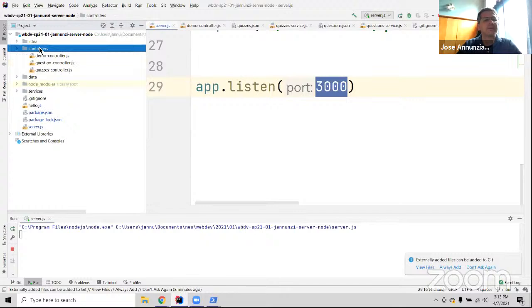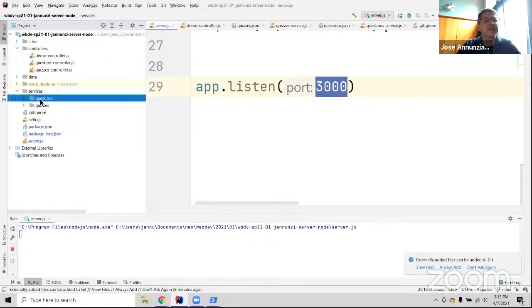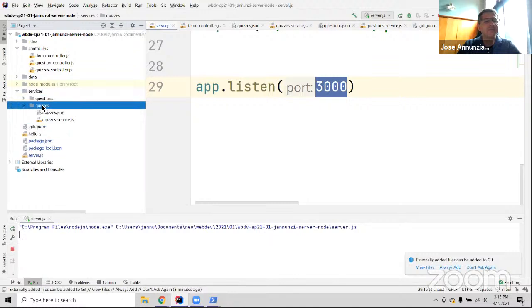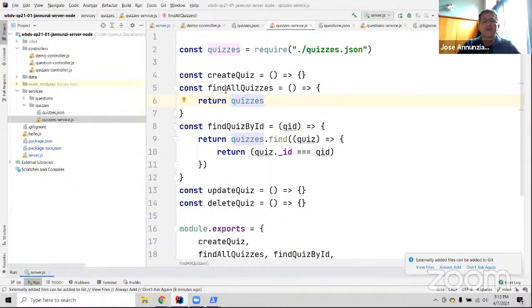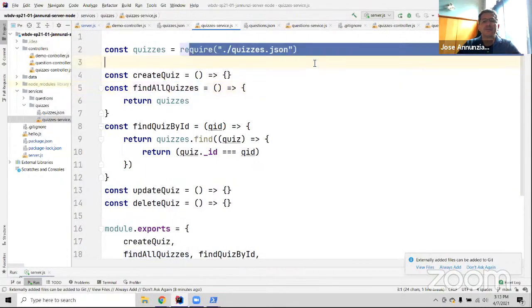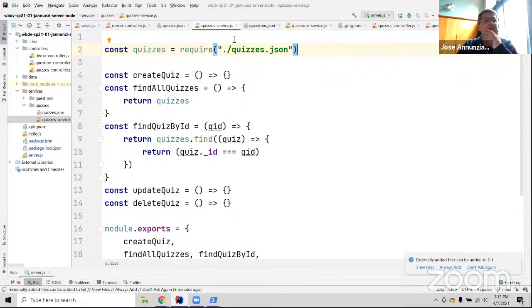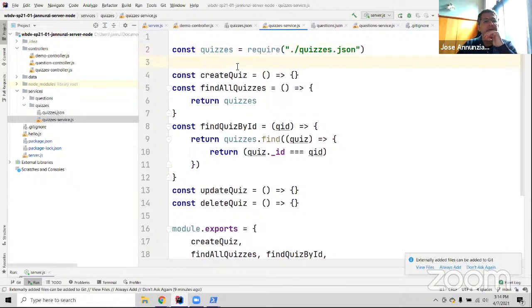So we have the controllers, we have the services, and we have the quizzes down here. And right now the services is just like, for instance, this is the query that we just did. It's this one, find all quizzes. And right now it's just retrieving this array. So what we're going to do is we need to create, very much like we did for Java, we created a